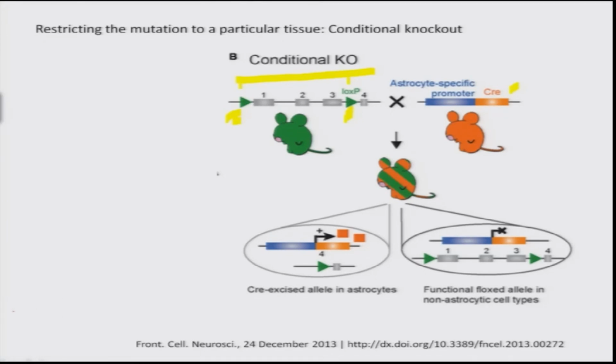For example, in this allele we have introduced two LOXP sites flanking exons 1, 2 and 3. When the LOXP sites are present there, the gene is still able to function, because the LOXP site between exon 3 and 4 is present in the intron, so it will be spliced out when the transcript is made, and the gene is still functional. However, if you express the Cre recombinase in that particular cell wherein you have this engineered copy of the gene,